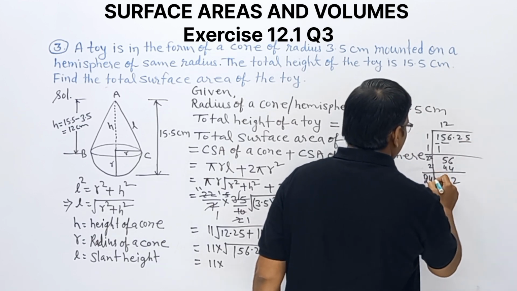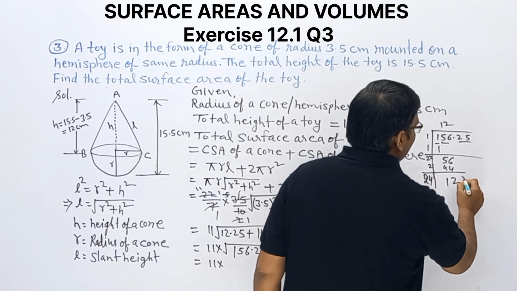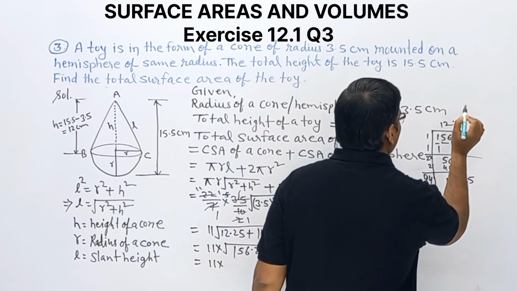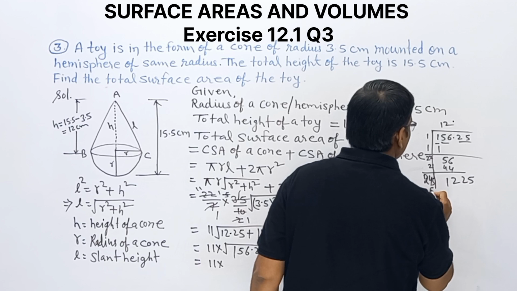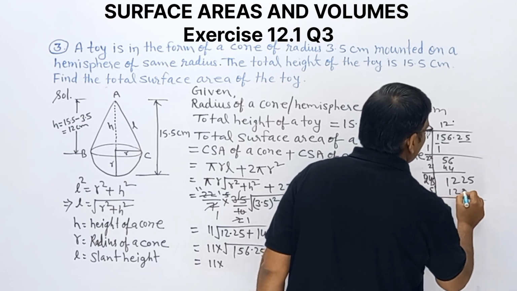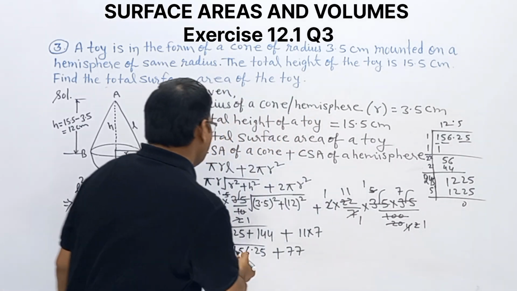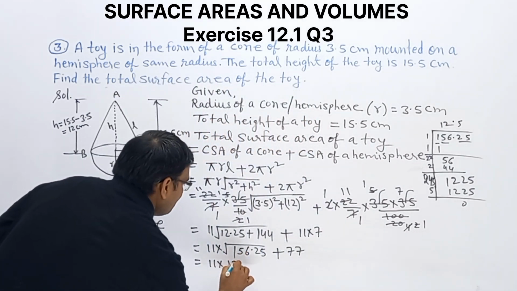Now we will copy next term, next pair. Then we are getting 1225. Point will be there. 5 time it is going. 5 time it is going. Then we are getting 1225. 0 and 5 will be there. So its square root will be what?